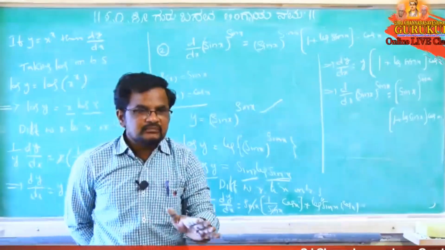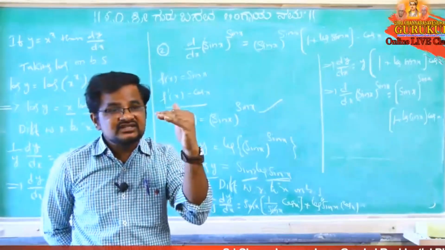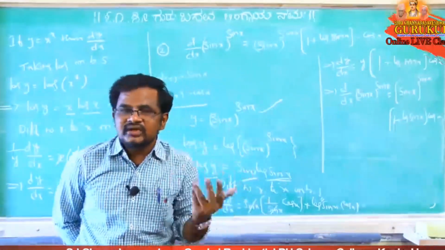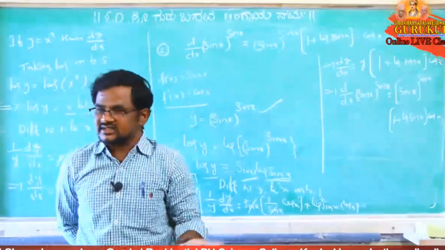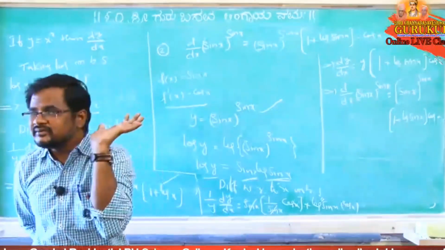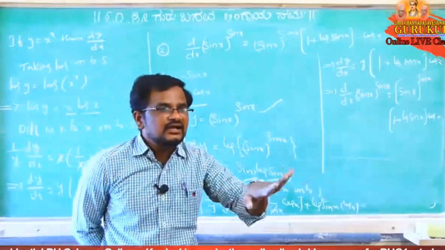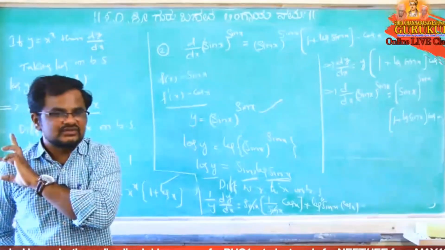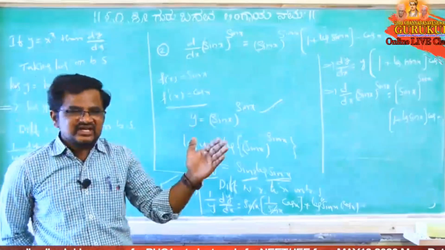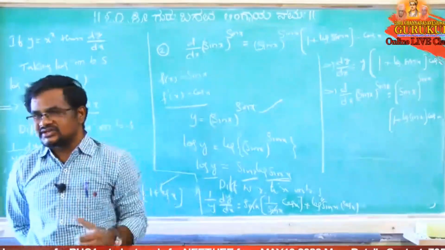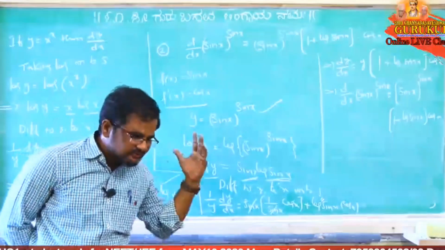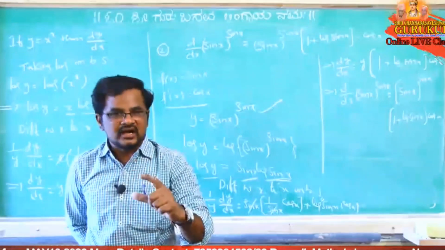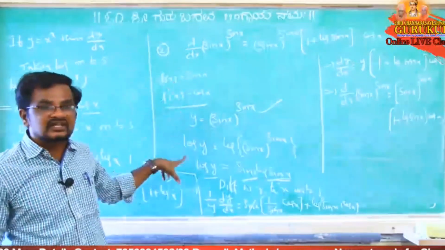So in all these problems they are in the form of f of x to the power of g of x, that is, a function to the power of another function, and one more type, a function to the power of the same function. Whatever it may be, first we have to take log on both sides. Left side you get log y, right side a product of two functions, so apply the product rule. Left side log y gives 1 by y dy by dx. Keep dy by dx on the left side, take the remaining to the right side and simplify, then that is our required answer. So this is one type in logarithmic differentiation.